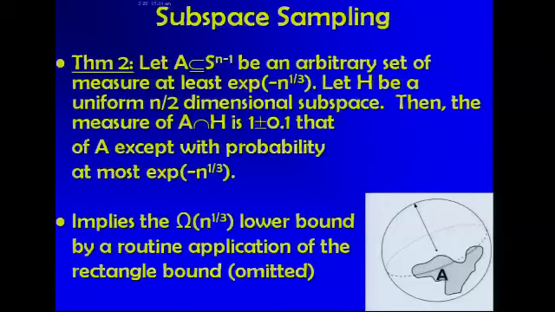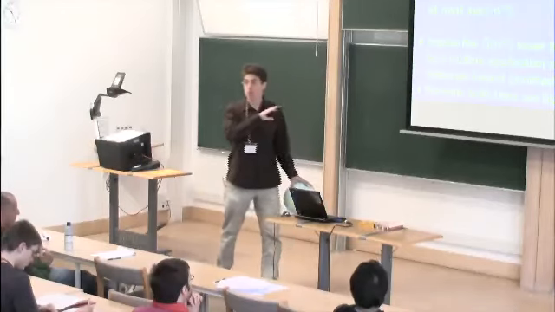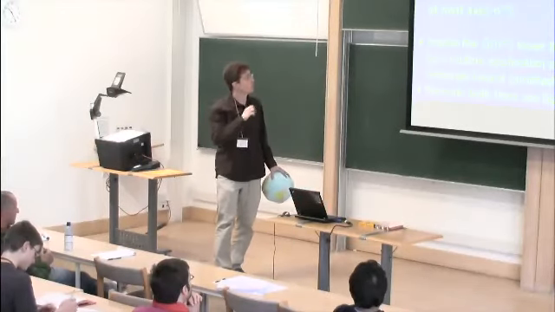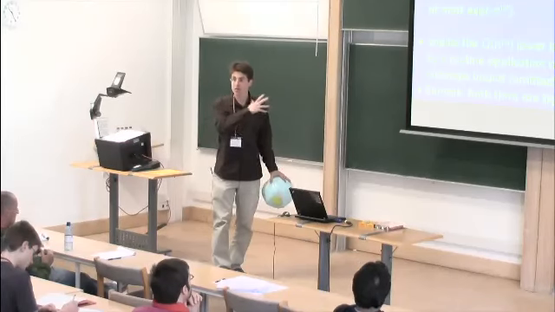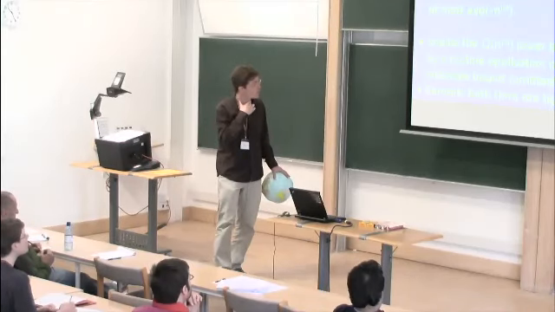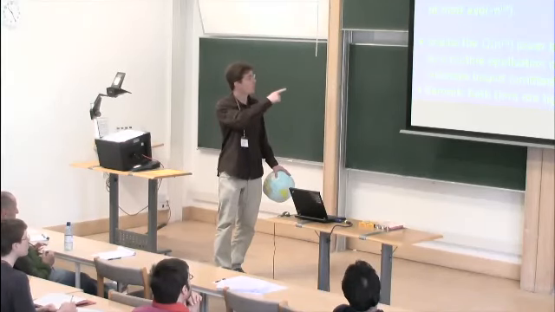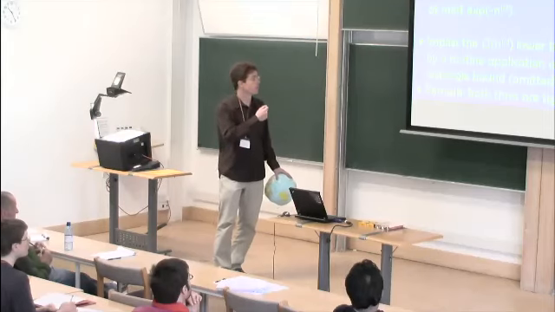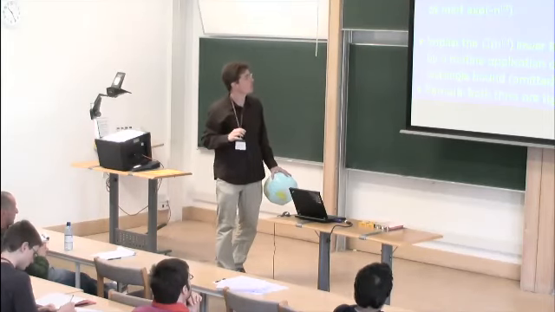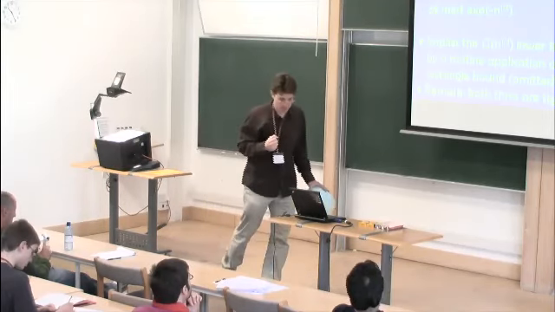I should also say this and the previous theorem are all tight. If you do this calculation for spherical caps, you see that all the estimates here are tight. So you might wonder how to improve the lower bound to square root n. I'll show you at the end. But the mathematical statements that we have here, they're all tight.